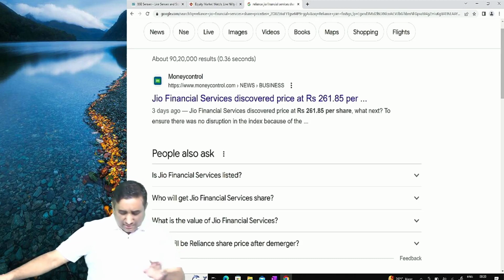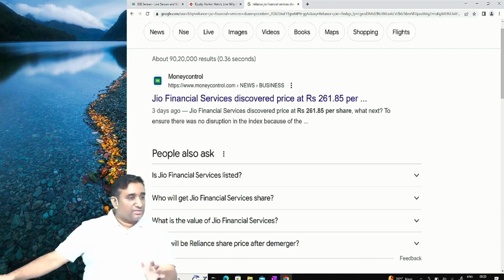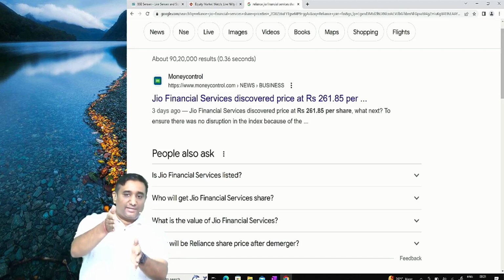HDFC Bank, leave apart. You know Geo, at least Geo, I think you should be knowing. Now Reliance was 2,800 rupees. Out of that you cut one part of 260 rupees. Now if it happens, it appears as if a fall has come. If a fall has come, the market would fall. But it did not happen on that day, because what they did was they managed in such a way that